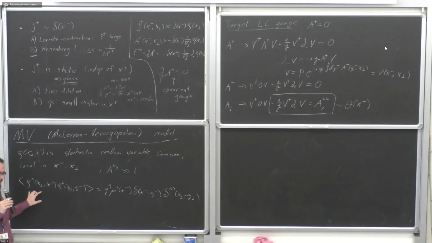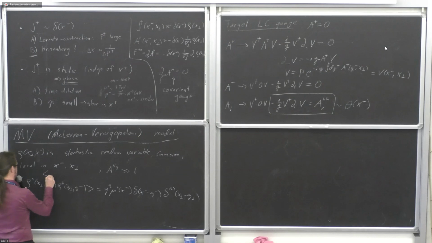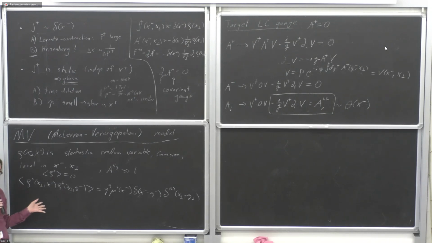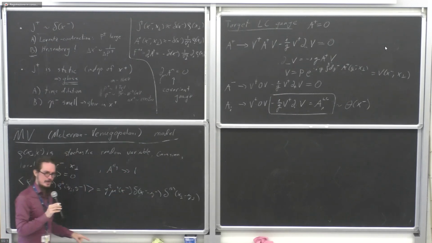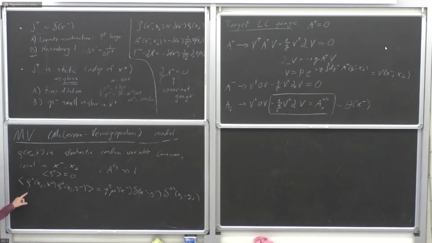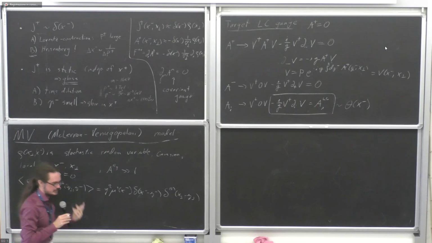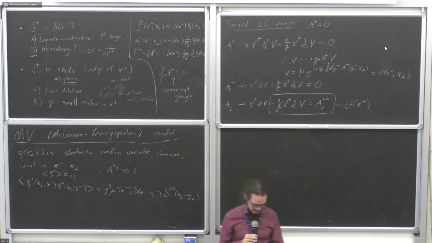The one-point expectation value is 0, and the two-point expectation value is given by this. If for some reason you need a higher-point correlator, the fact that it is Gaussian tells you how to get higher-point correlators in terms of the two-point correlator. Okay. So now this is a very convenient model that allows you to